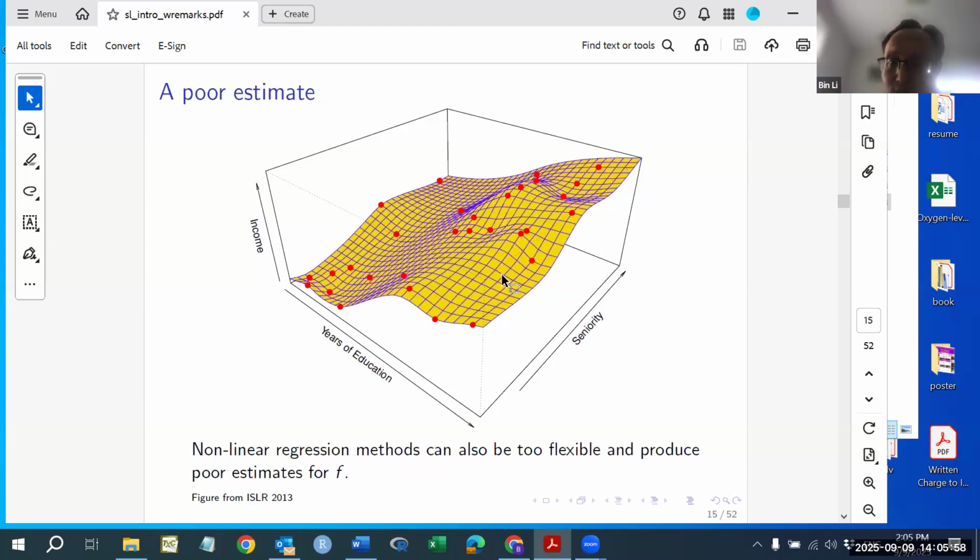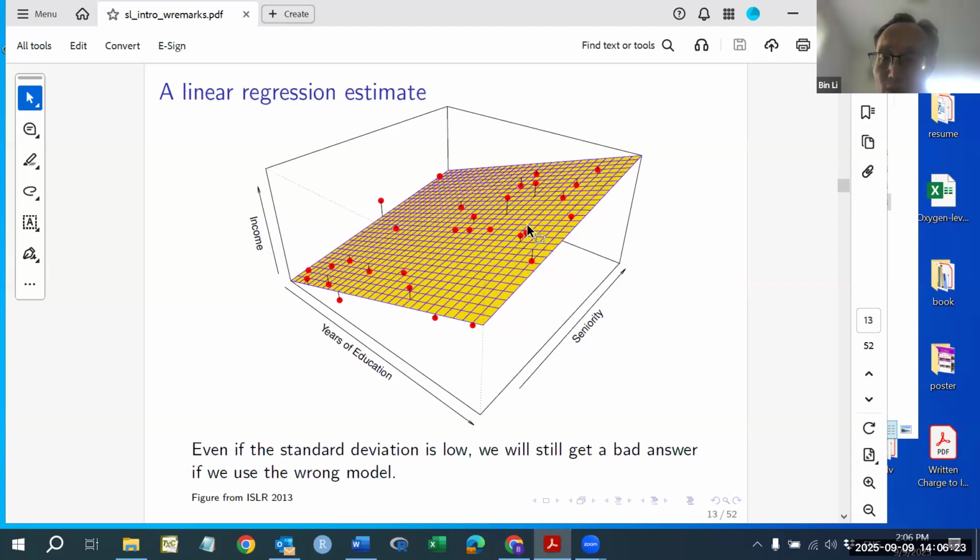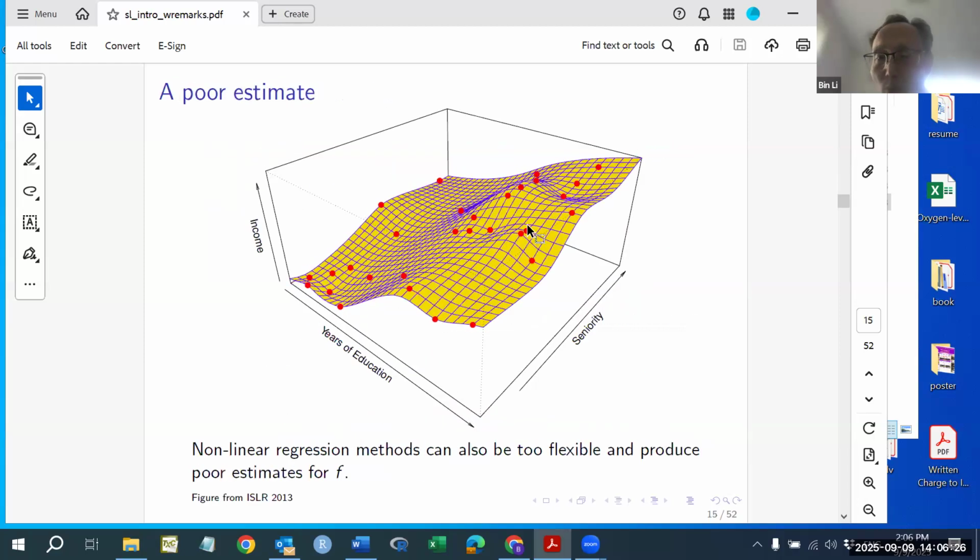But for this one, I say it is a poor estimate. Why? At first sight, you think this may be very good, because all the points fit perfectly on the surface, right? You can see the fitted residuals are all zero, or very close to zero. So this is the best fit compared to this one and this one, obviously. So why do I say this one is a poor estimate? Why? Because here you can see